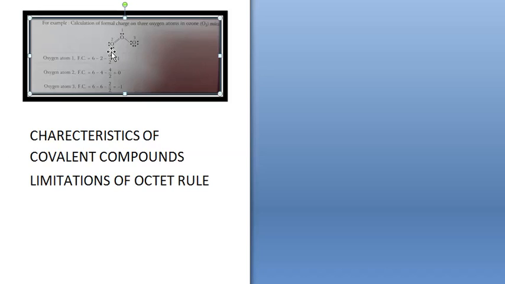Next is odd electron molecules or ions. NO, NO2 and ClO2 are odd electron molecules. Total number of valence electrons in NO is 11, NO2 is 17 and ClO2 is 19. So they contain at least one unpaired electron. Again, this cannot be explained by the octet rule. Then the octet rule does not account for the shape of the molecules. So these are all the limitations of the octet rule. Now in the next video we will continue further. For now, you revise this much that has been taught.